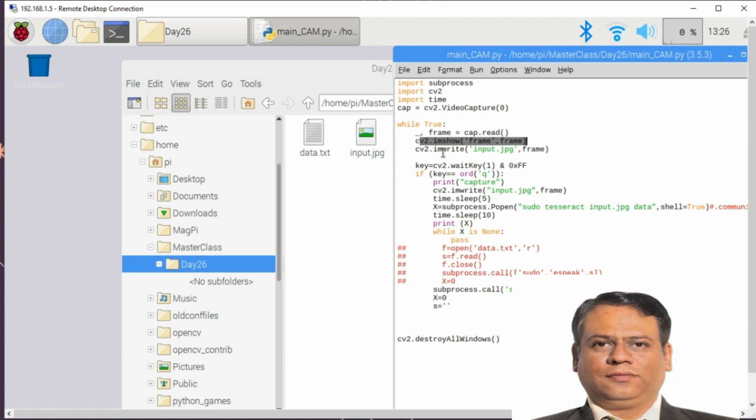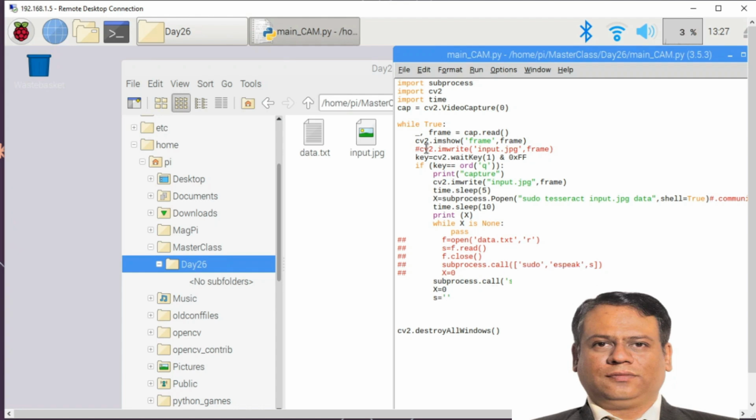Okay, so this is your option, to save the image, or else you just remove this. I'll comment this one out because saving an image before this is not required at all. Okay, so key is equal to cv2.waitKey(1) and 0xFF, so it will return a certain value, which is compared against q. Whenever you press q, it will go inside the if block. Inside that if block it will save the image, like cv2.imwrite of input.jpg, frame, and it will be saved in our directory,